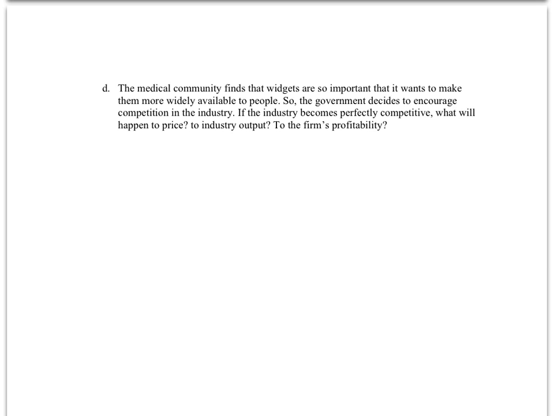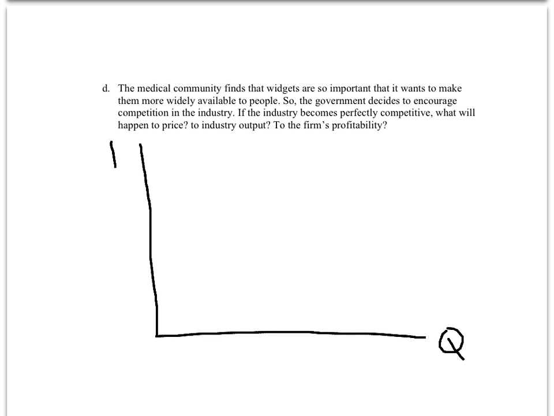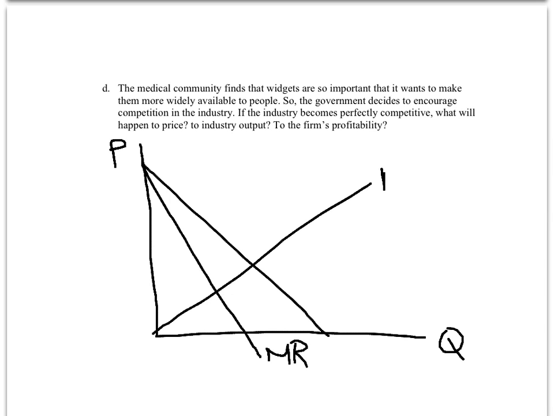Now, if the government wants to encourage competition, then they're basically going to turn the monopolist into a perfectly competitive industry. Let's do the diagram here again, just to see what happens. P, demand curve, marginal revenue curve, marginal cost curve. The monopolist produces here, 500,